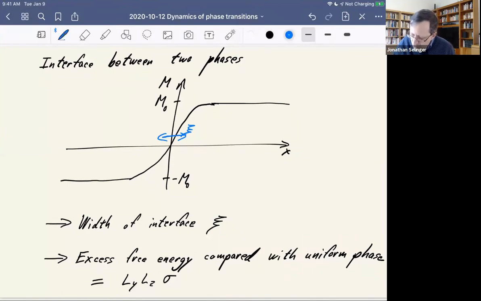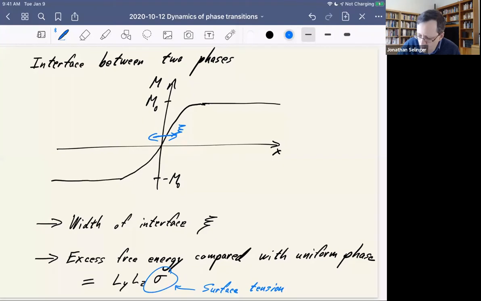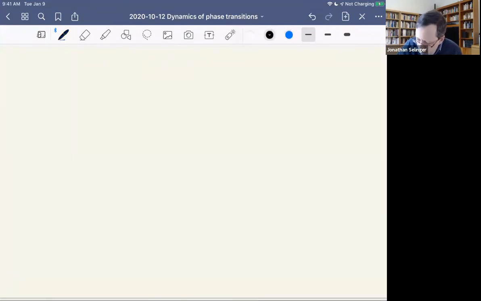And this coefficient, well, it has to have units of energy per area, right? So it's what is the energy per area of the interface. And the word for that is surface tension. So this is what we did in the magnetic system. Now, there is, of course, an analog in the liquid gas system. Okay? So if we think about the gas and the liquid,